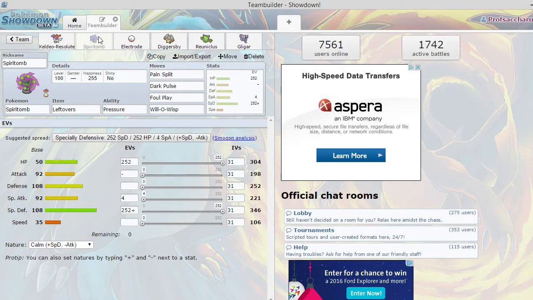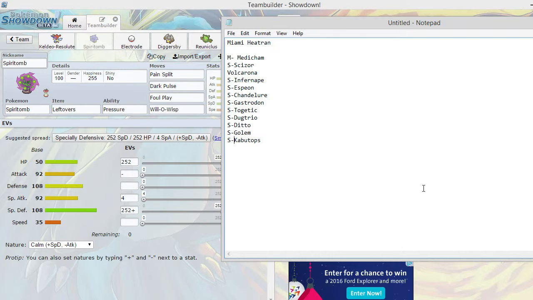Next up we actually have Spiritomb, who I decided to use just because of type advantage. I saw that there was no real fairy type except for Togetic, but there were a lot of ground types with Golem and Dugtrio. Kabutops can potentially get Earthquake. Gastrodon gets Earthquake. And there's all the fire types too with Chandelure, Infernape, and Volcarona. So Doublade was not coming in at all in this match, so I decided to go with Spiritomb,